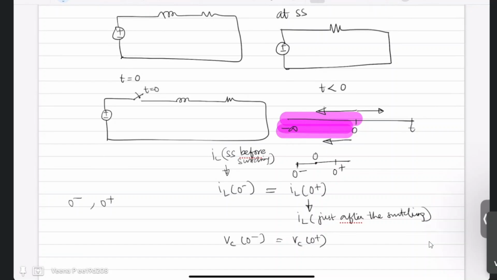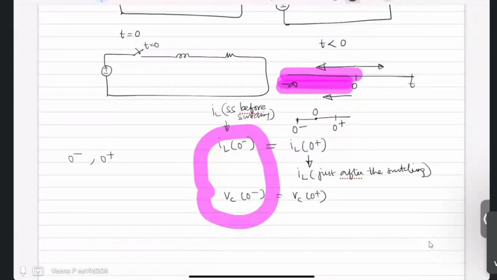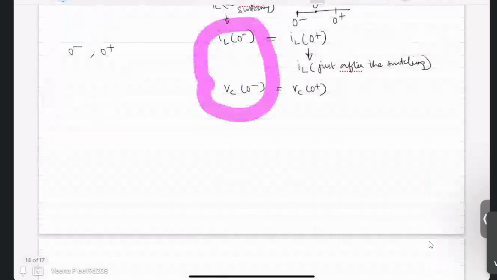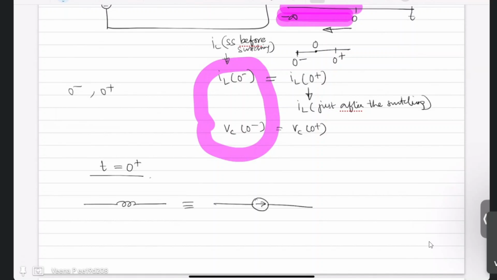Now, if you already know these values, this forms the initial state of the system. So in certain questions, your initial conditions will be given. So this is that initial condition. So if you know the initial condition, you can draw the equivalent circuit at that particular instant with that initial condition. That means the circuit at t equal to 0 plus, if you draw the inductor, you can replace it with a current source. This current source value will be IL of 0 minus, which is same as IL of 0 plus.